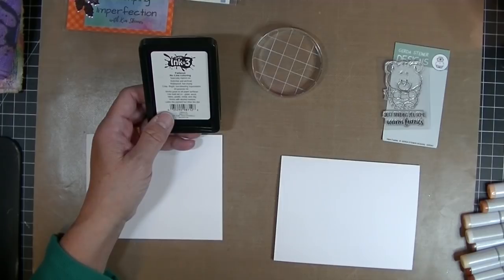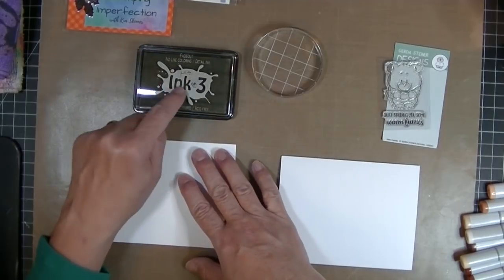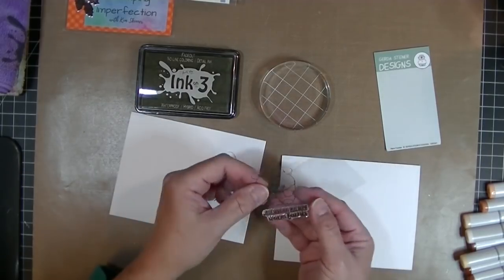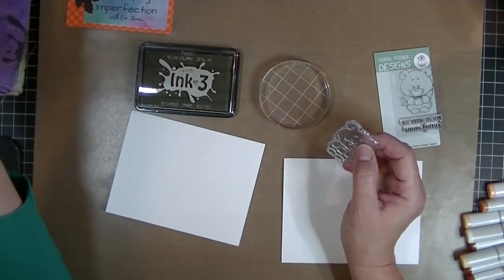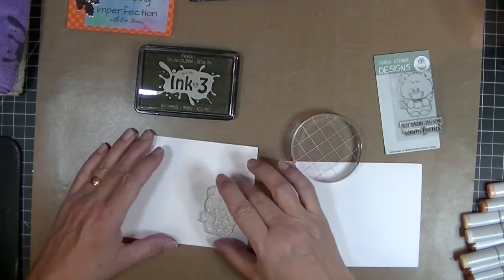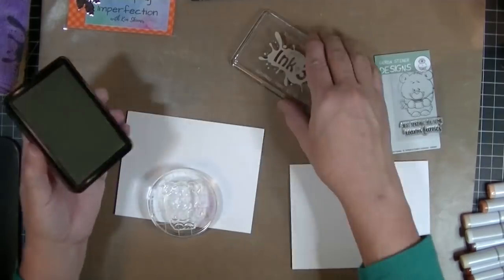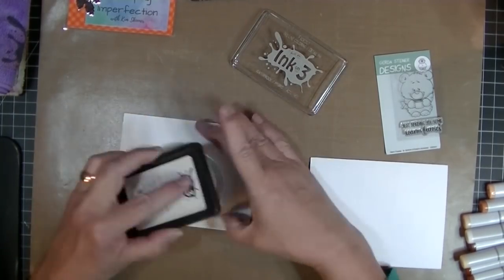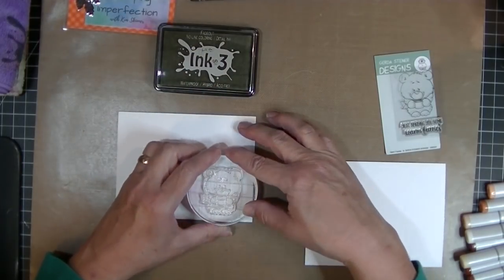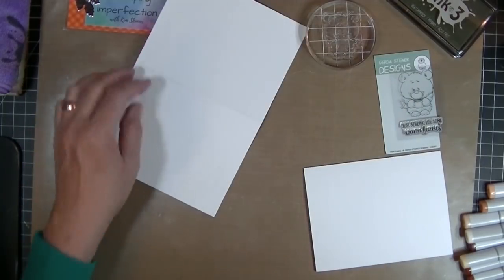It's a hybrid ink, and it turns out that it's acid-free and archival, so I could use this in my scrapbooks also. And it's supposed to stamp really light. You're barely going to be able to see the image, and it will fade out over time, although I am going to end up coloring over the line, so it really won't matter. But it gives you a nice no-line image, and I think this is great for watercoloring or alcohol markers. So I stamp it, and see, you can very barely see that, and I really want to color this little bear